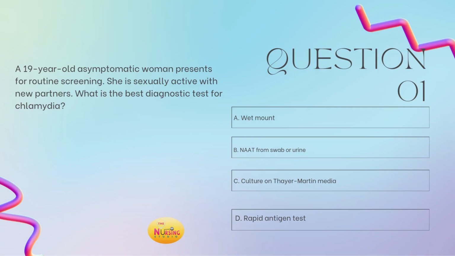All right, so I always recommend reading the stem of the question first, as it allows you to slow down to ensure you're answering what is even being asked of you. So here, the stem of the question states, what is the best diagnostic test for chlamydia? So the stem right here alone tells you what you need to do. So B is your best answer. The NAAT test is the best diagnostic exam for chlamydia and gonorrhea.